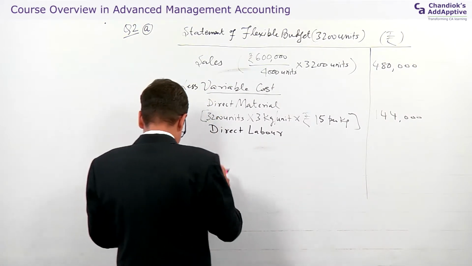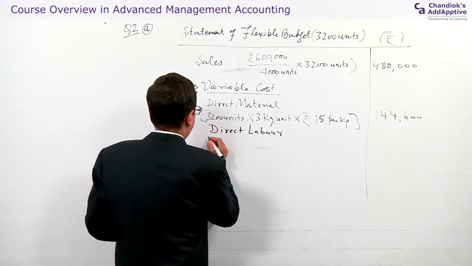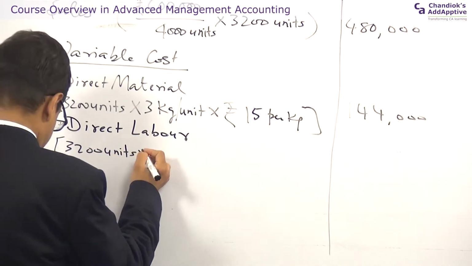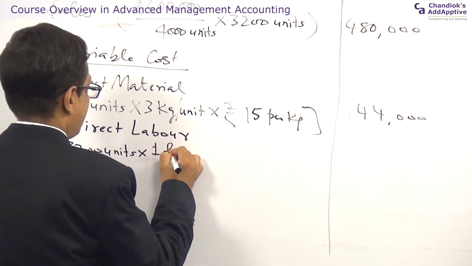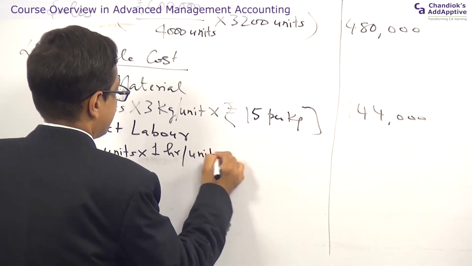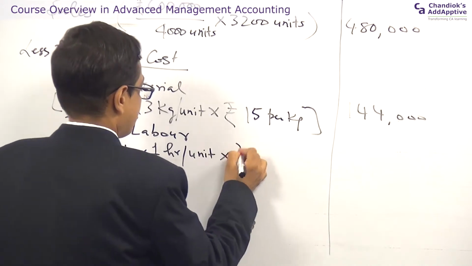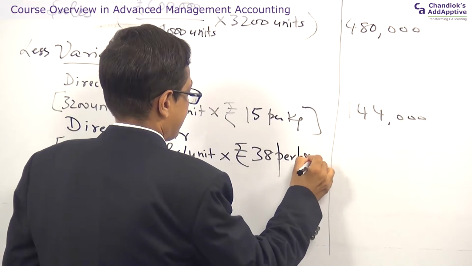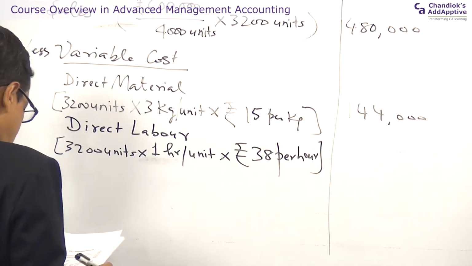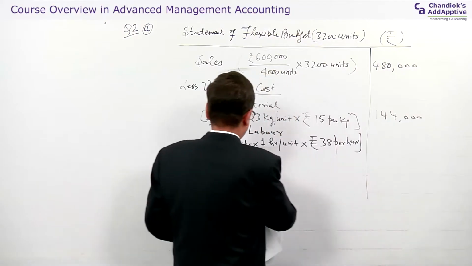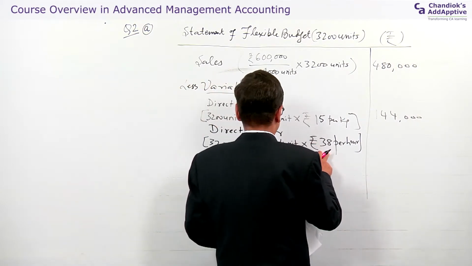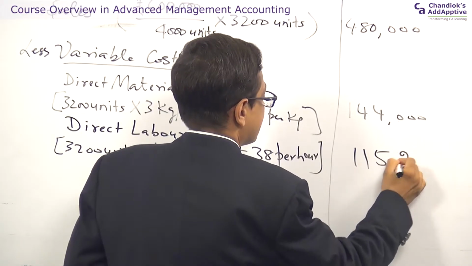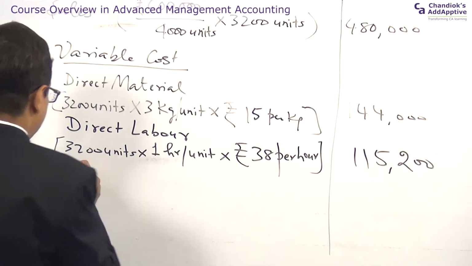So the direct labor is again for 3200 units at the rate of 1 hour per unit, and it is rupees 38 per hour. It works out how much? It works out 3200 into 38 into 1. So it works out 1,15,200. Variable overhead,